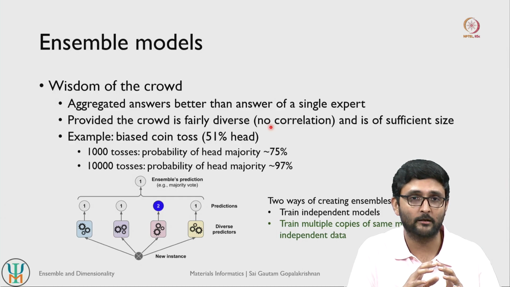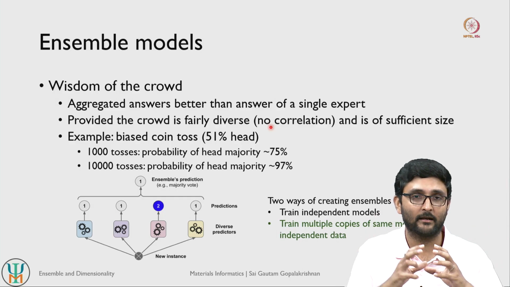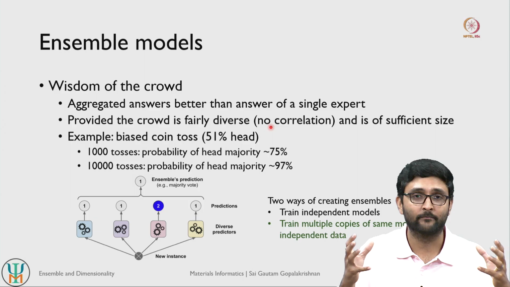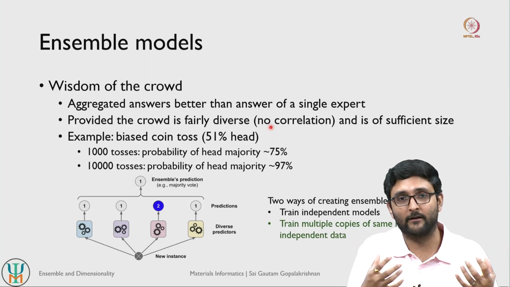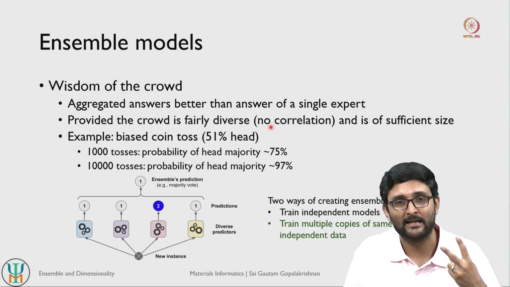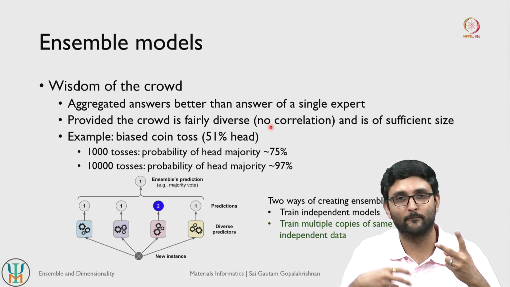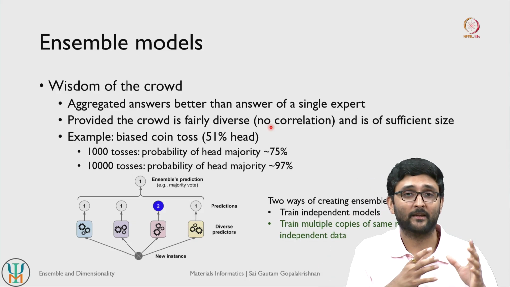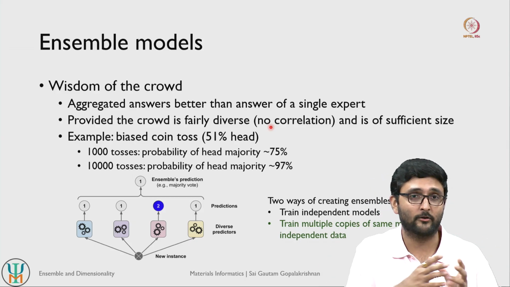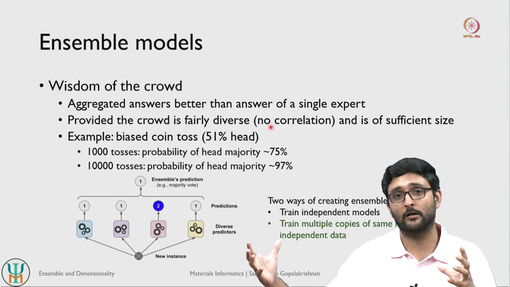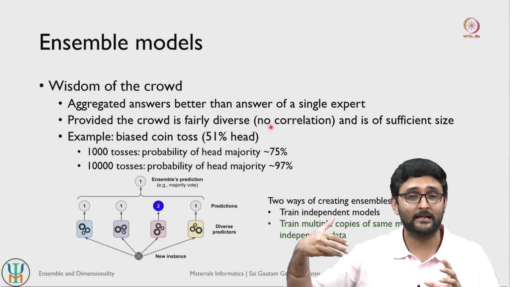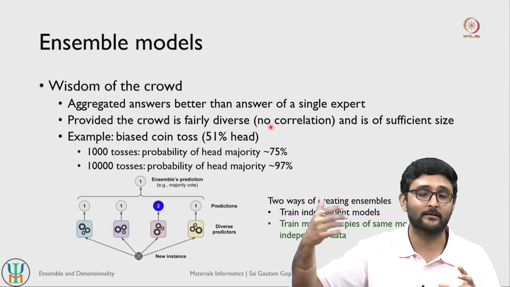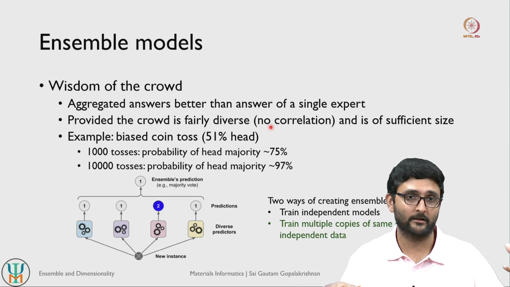And the ensemble model should also have a sufficient number of models within it, right. So if you have an ensemble model of, let's say, support vector machines and you only have 2 models, then you are relying on 2 votes, or 2 predictions, to make an aggregate prediction, which may not be sufficient compared to, let's say, you have 100 support vector machine models and you are taking the aggregate of those 100 models. That is guaranteed to give you much better predictions than having just 2 support vector machine models, right.